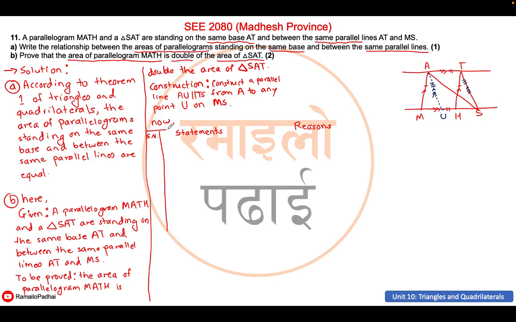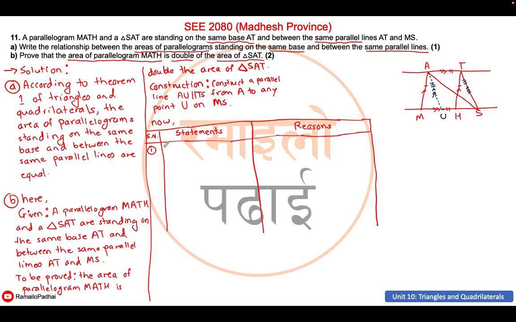So now construct a table here. Use a scale on your exam, otherwise it might not look good and that might be the reason for your fewer marks. Okay, so the first statement is